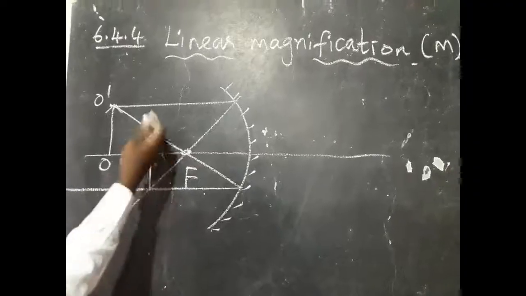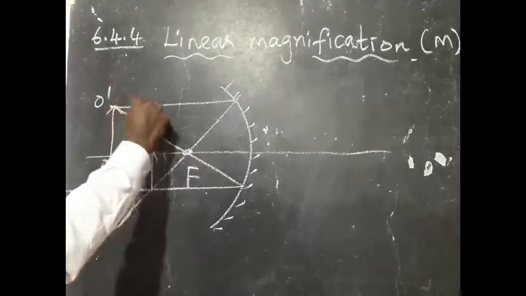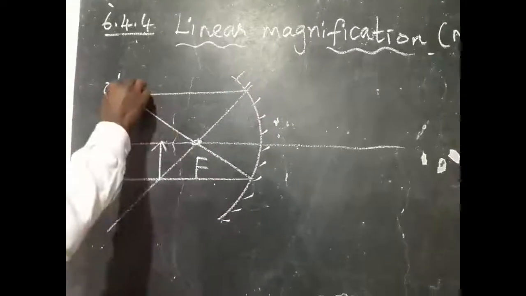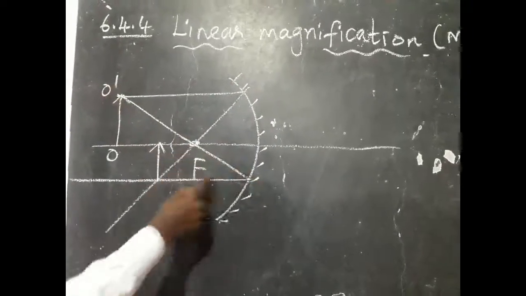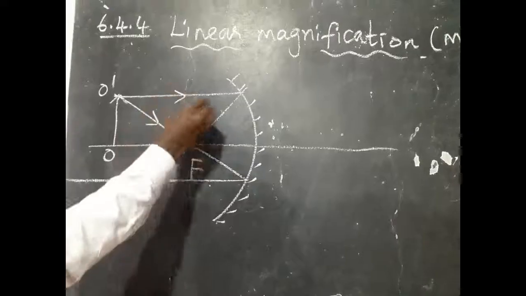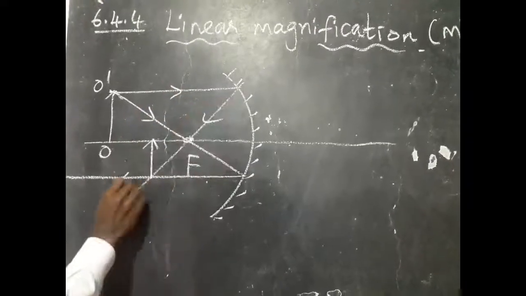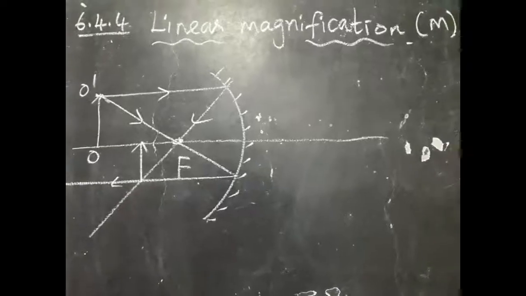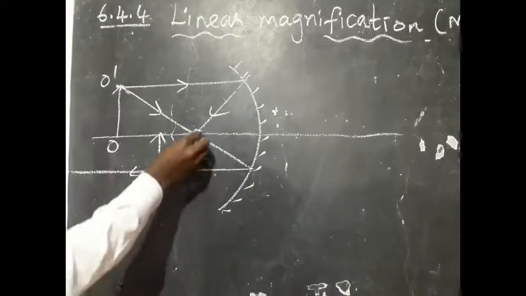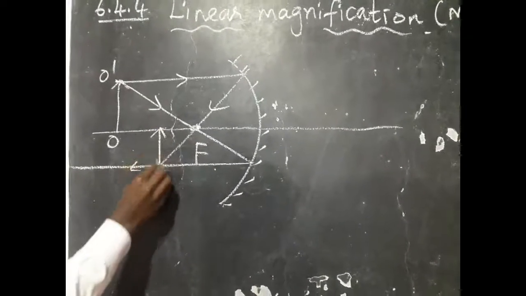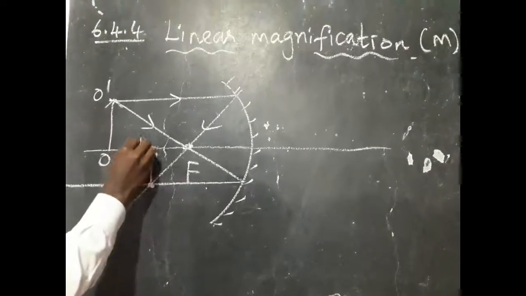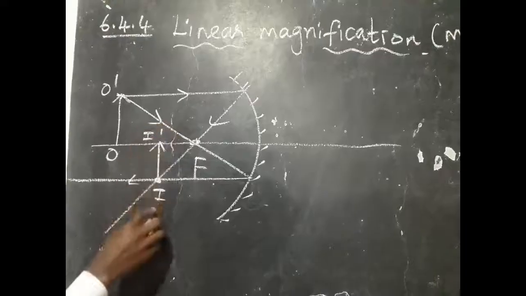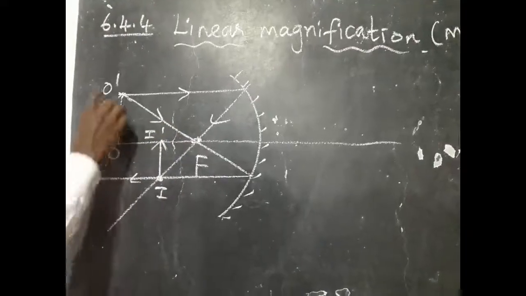For example, we can take two rays. One is parallel to the principal axis, and the other ray travels through the focus. Focusல இருந்து இப்படி travel ஆகும்போது, so நமக்கு principal axisக்கு parallel-ஆ reflect ஆகும். Okay? So இந்த ரெண்டு ரேயும் intersect ஆகிற பாயிண்ட்ல நமக்கு என்ன கிடைக்கும் அப்படின்னா, we get the image I dash. So I dash, இங்கே O as object.